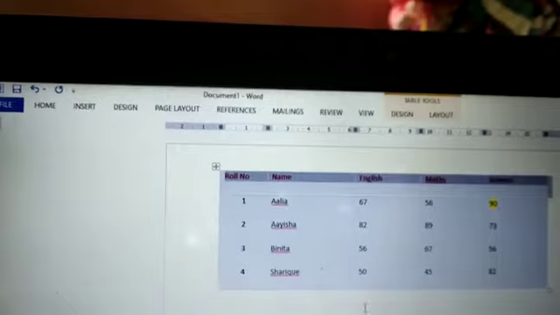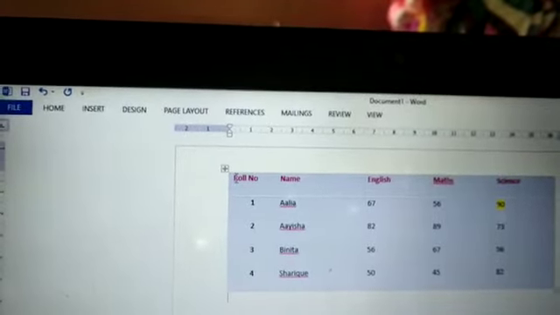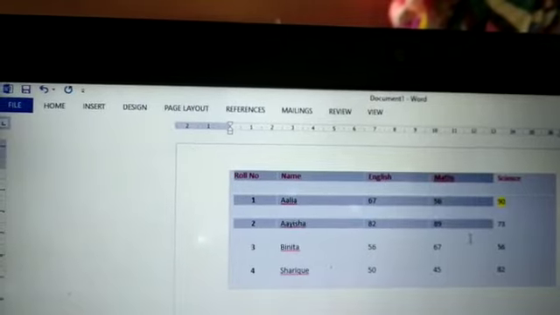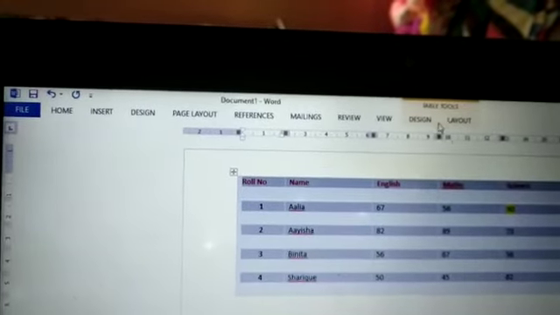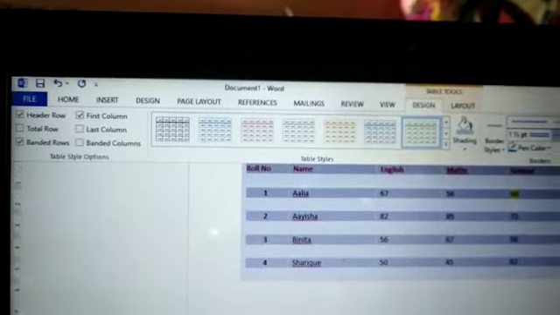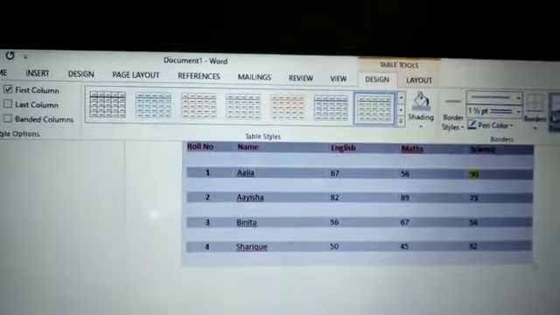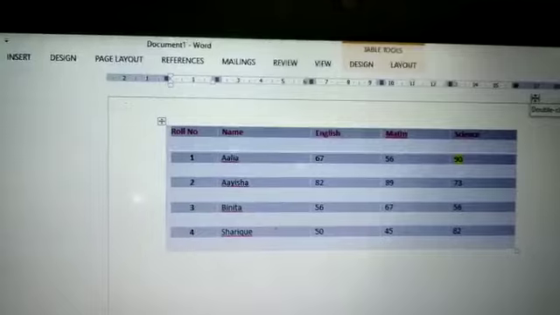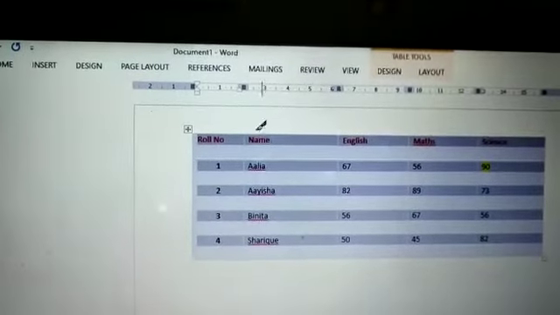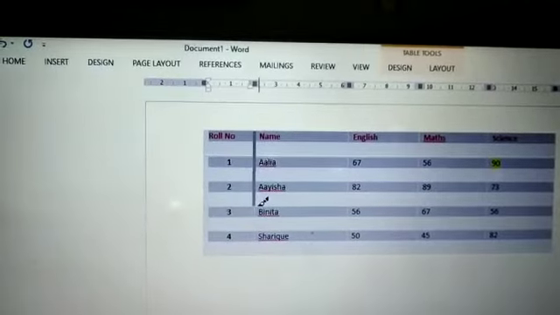Now suppose you want a border in a table. So we will go to the Design tab. Then here we will choose Border Painter. Then we can paint the border, whichever color border I want.